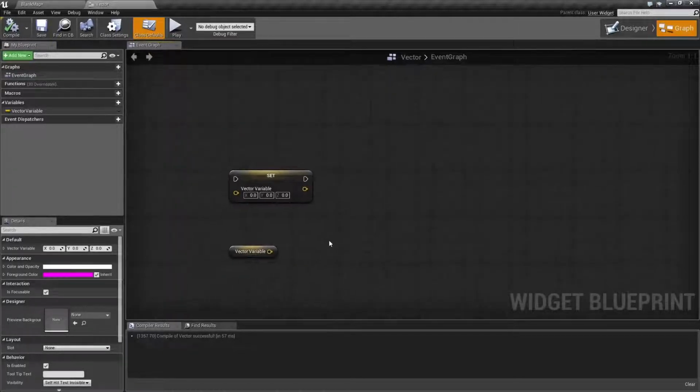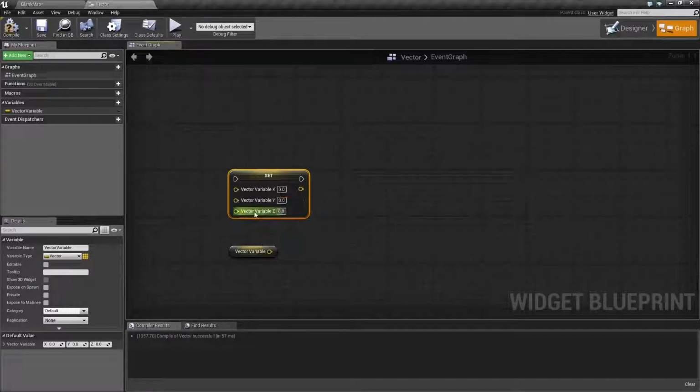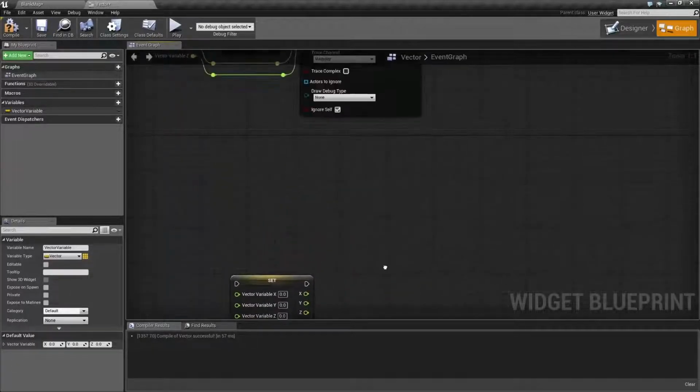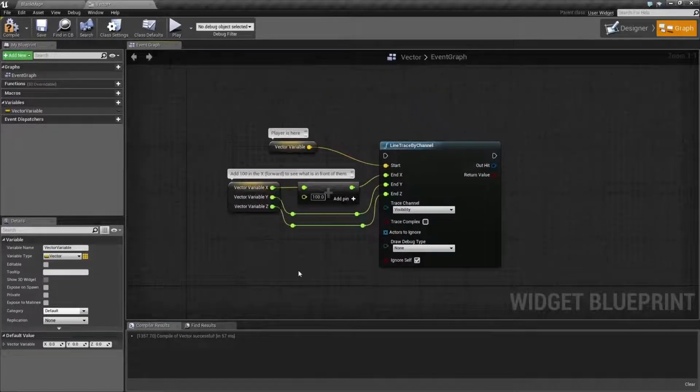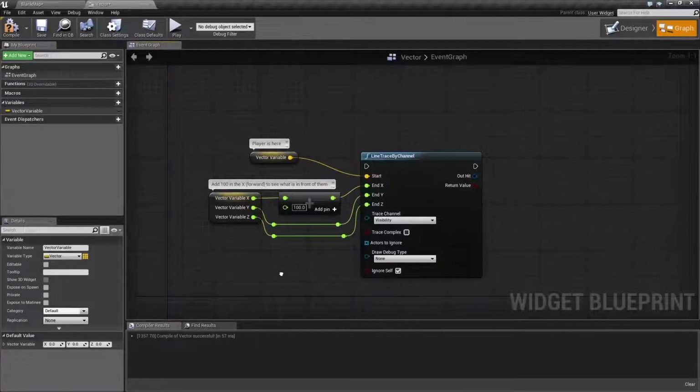But one nice thing is, due to a vector actually being a collection of 3 floats, you can right-click and split the struct pin, and it will turn it into 3 float variables. This is nice when you're trying to access an individual value, and anywhere there is a vector pin, you can split it. It can be handy, for example, if you are trying to do a line trace to find something